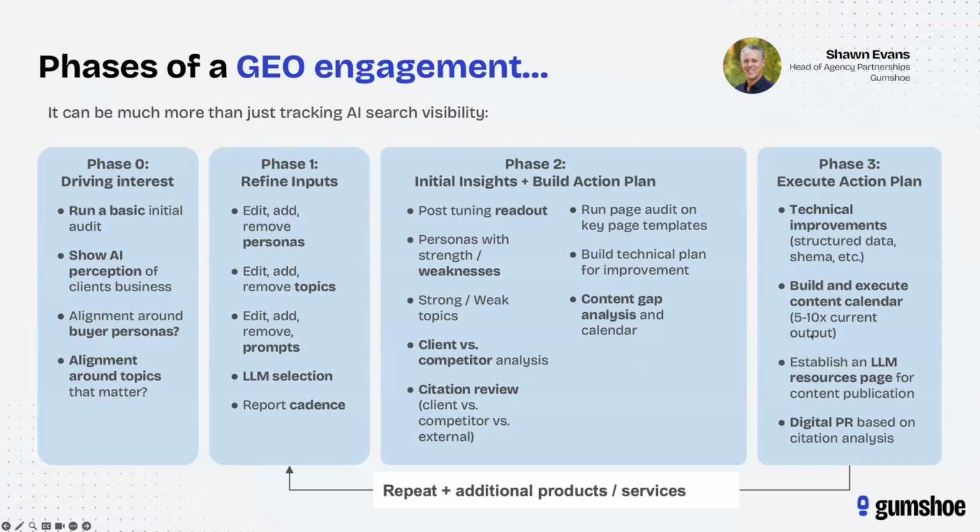And then phase three is really executing against those different pillars, whether it's the technical improvements, building out a content calendar, or focusing on citations. These are all plans in themselves. And then making sure that you're set up to monitor that on a regular basis. We're moving towards a monthly subscription model, which is a good cadence to monitor things. So as you're making changes, you're seeing how things are moving. You'll have a weekly or daily pulse that you can check as you're making changes to make sure that we're moving the needle in the right direction. And then you have that full monthly audit that you can leverage to continue to work through the plan with your brand clients.